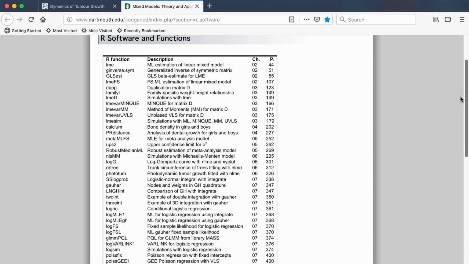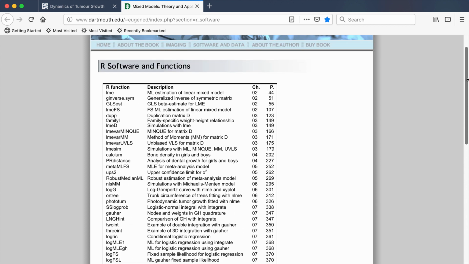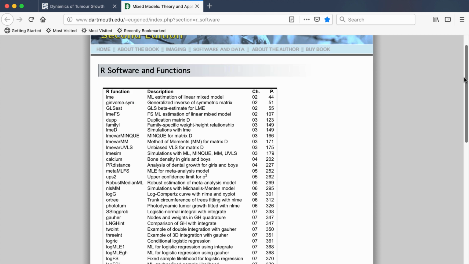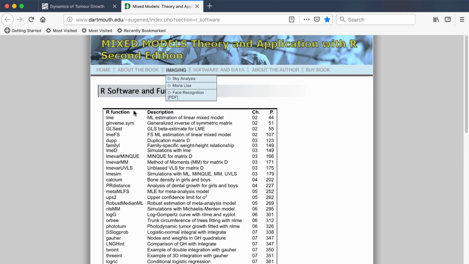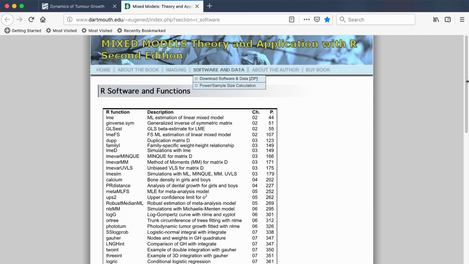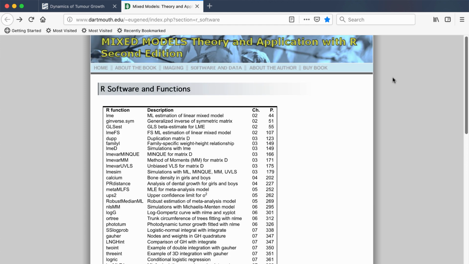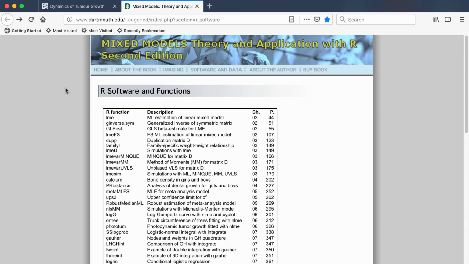I'm going to do an example with tumor cells in this video. I'll put a link in the description box below as well, but I got the data of tumor cell volumes from this random website. This is a data set attached to a book. I don't actually have the book, I just randomly Googled for tumor cell volume data, but I'll put a link in the description box below if you also want to download the data set that I'm working on. Now let me go to R and actually do the demo.